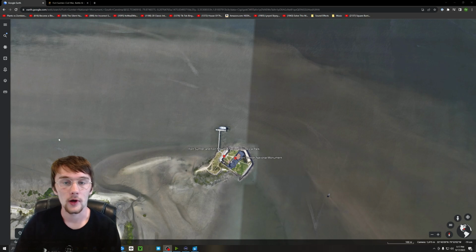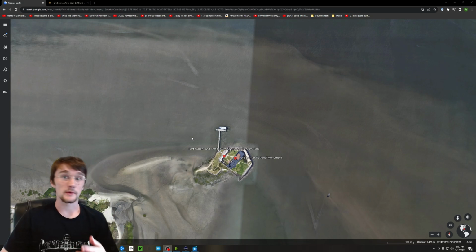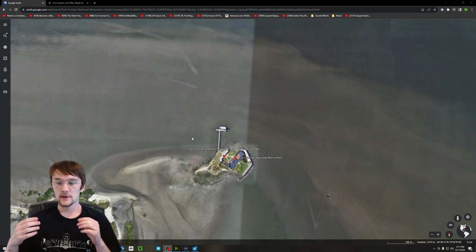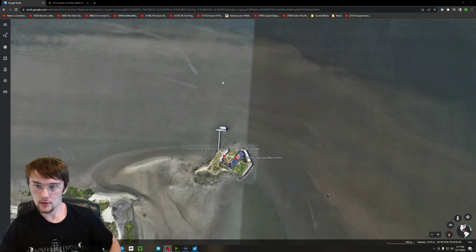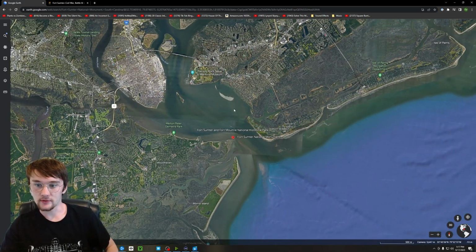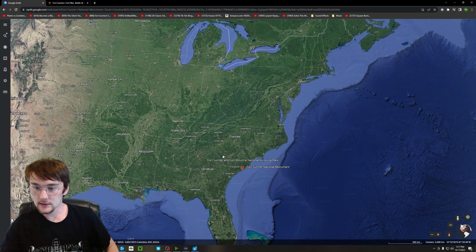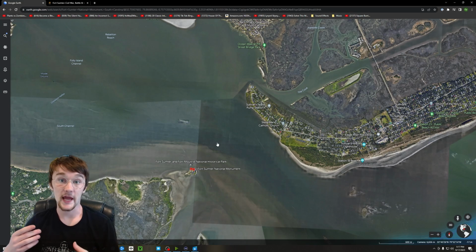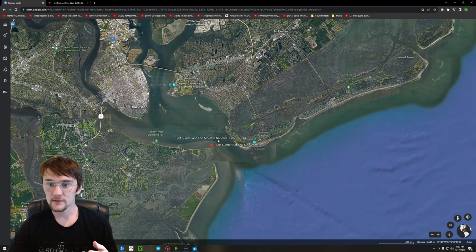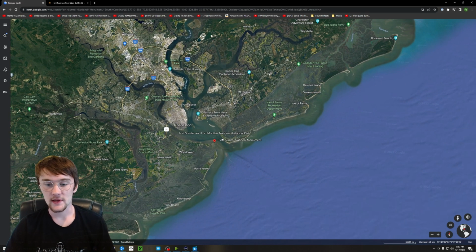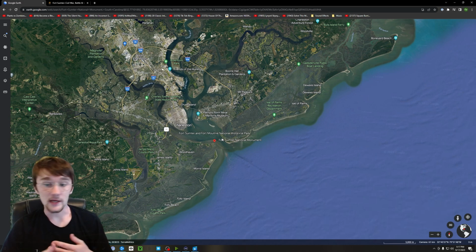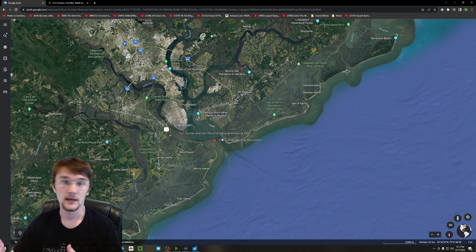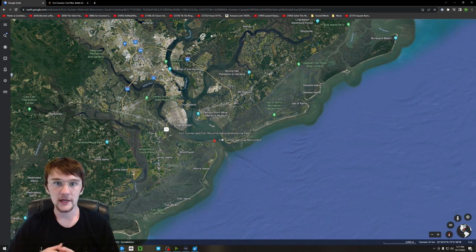The reason for Fort Sumter being attacked, or one of the reasons, is because before the attack, this harbor was controlled by the Union, even though it is in South Carolina, which at the time was a slave state. The Union had set up a blockade prior to the attack, which was a major issue for the Confederates because they needed to move items. They needed to be able to trade with other people, but having this blockade made it very difficult for them